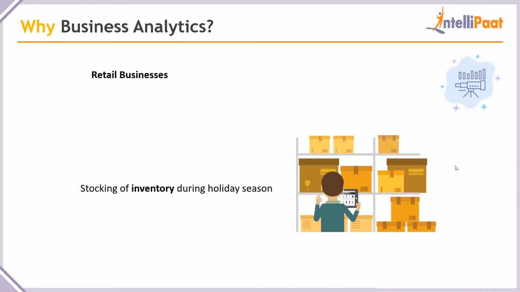So how do they know how much to buy? They can use the data from the previous year, saying, hey, last year I sold like 8,000 of this particular item, and this year I might sell 9,000, so let me stock up 9,000. But if they know they're going to sell 9,000 and stock up only 5,000, they're losing the other 4,000 people out there, right? So when you put things into this perspective, business analytics is definitely everywhere. I just gave you a very simplified example of a retail business, but when you go from retail to trader business, from trader to manufacturer to the actual brand or product, this just goes up and up in level, guys.